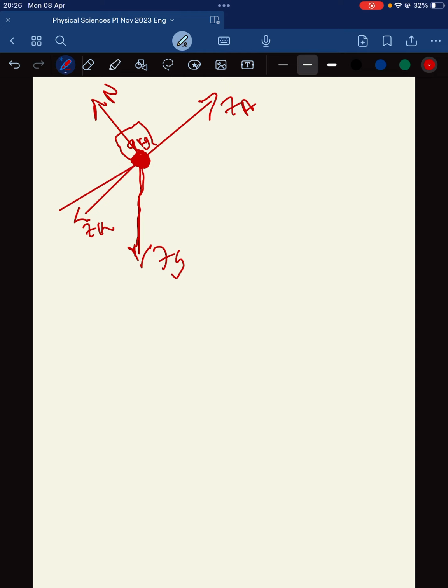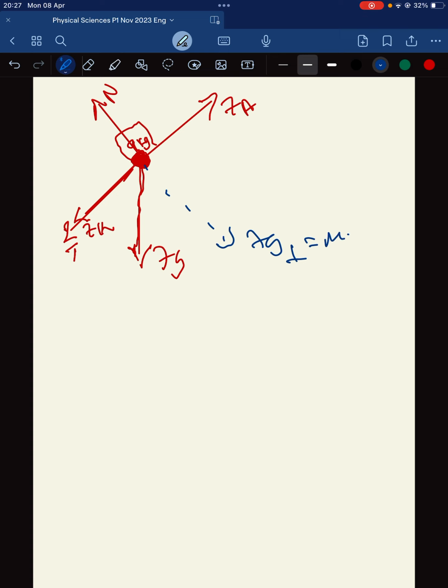It's not supposed to look like this. It's supposed to be straight. So tension force T. You will forgive my drawing once again because it's not supposed to be looking like this. Okay, now let's put our FG